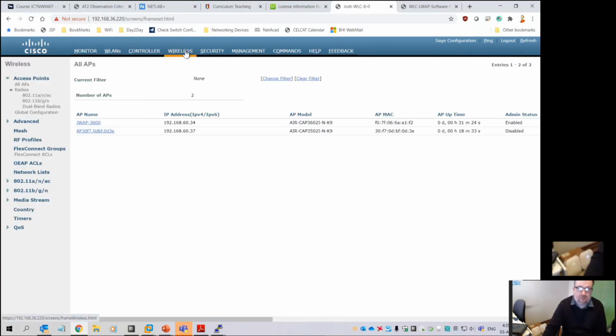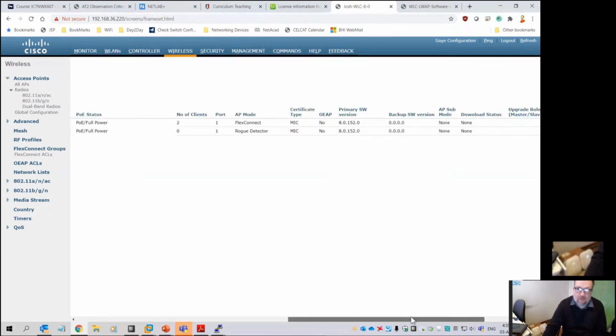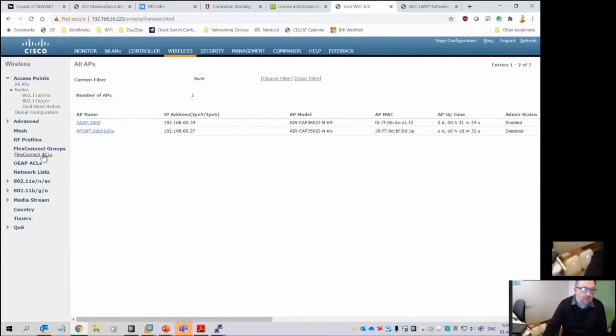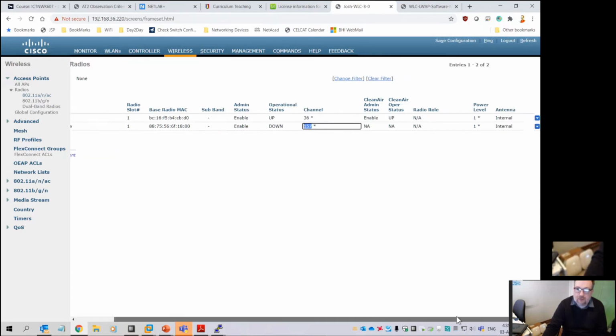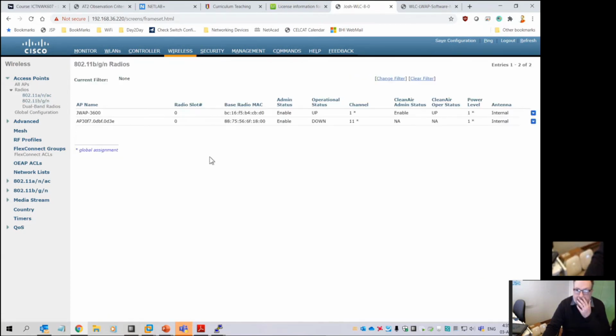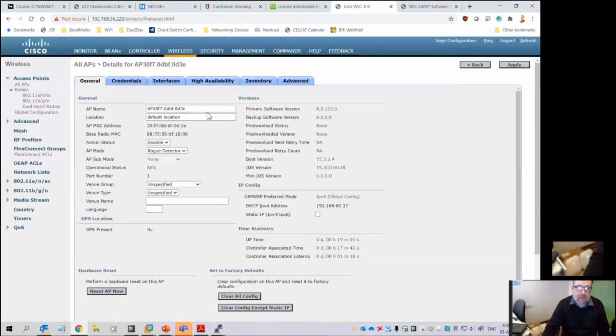But most of the time, it's smarter than we are. So, I'm sorry, wrong screen. We want this one. There you go. So the 5 gig radio, one's on 36 and one's on 157. And the power level is 1, which is maximum. And this one is, in fact, I might turn the other one off while we talk about other stuff. I'll make it not a rogue detector anymore. And then you'll see hopefully that